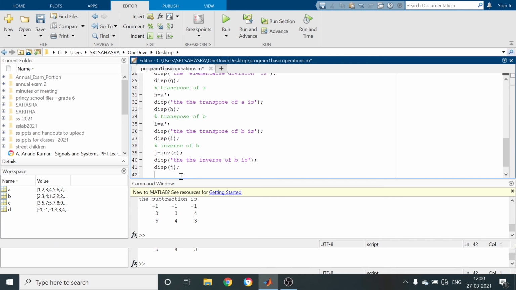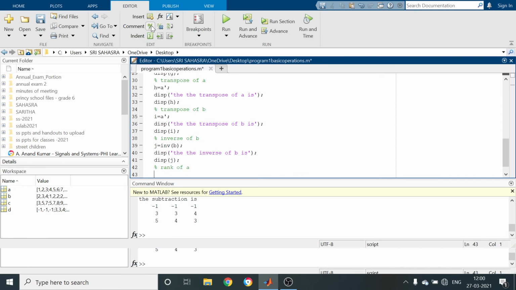So finally I want to do the rank of A. What is the command used to calculate the rank of A?